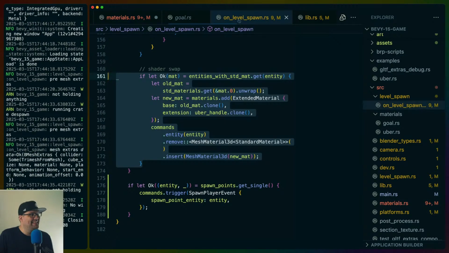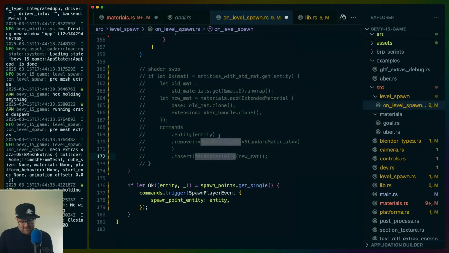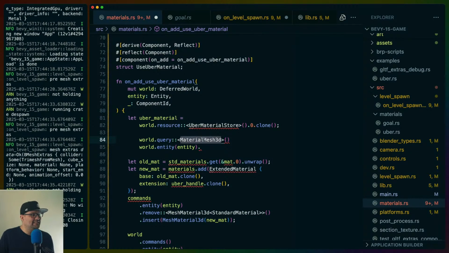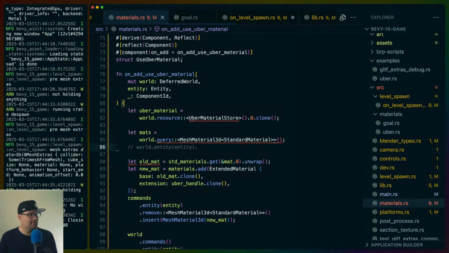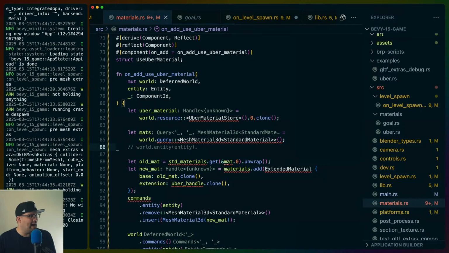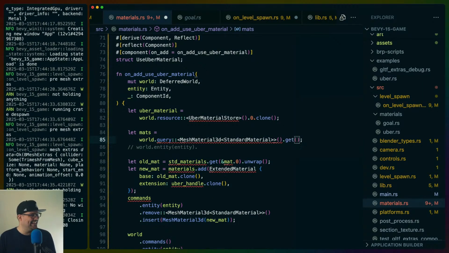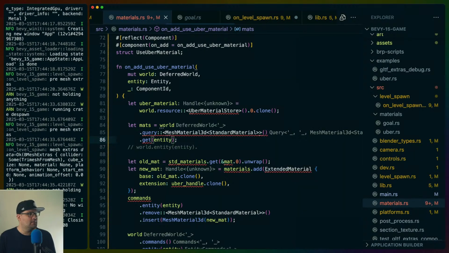I kind of wish that these names were different, but I understand why they aren't. It's just that I can never remember it. Okay, so get entity